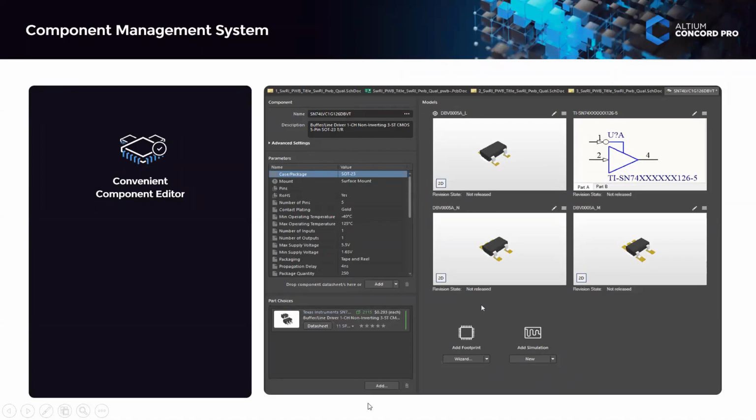How to select it is you can click on the add part size here. It will automatically let you go to the manufacturer part search to get the component based on the particular part number. Automatically, when you get the component from manufacturer part search, it will include all the parameters default from that component.